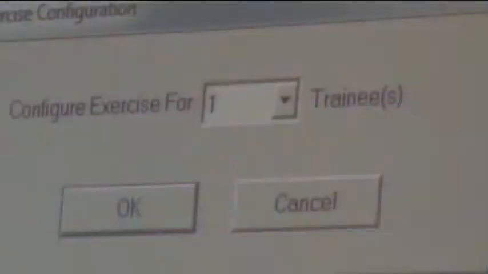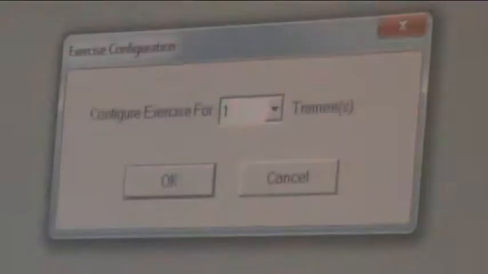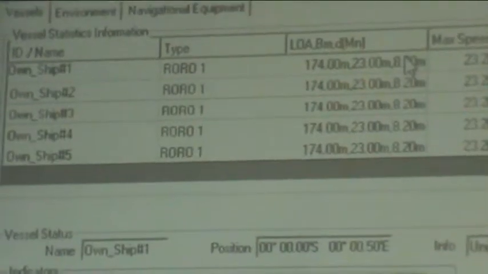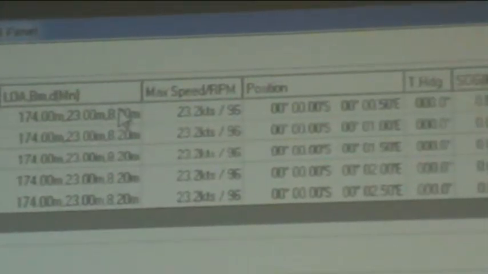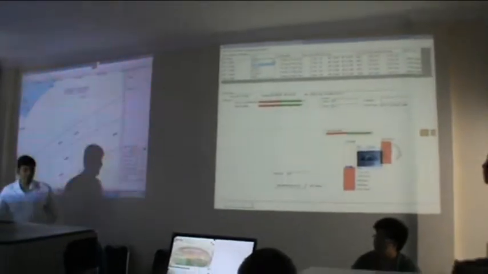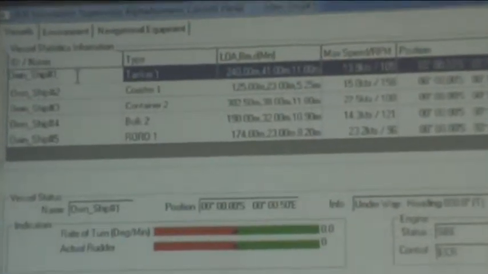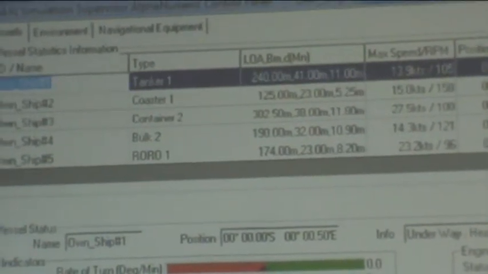And an exercise to be loaded, for you in Gibraltar Straits, we have 5 states as per your agreement, and you want to train the trainees there, and you want to check how they perform. The vessel type here. Yeah. Now coming to that. Okay, and then now we will go about how to select. Okay, now once you click here, now you are asking about how to change the name. You can just double click here, and then you can change it.